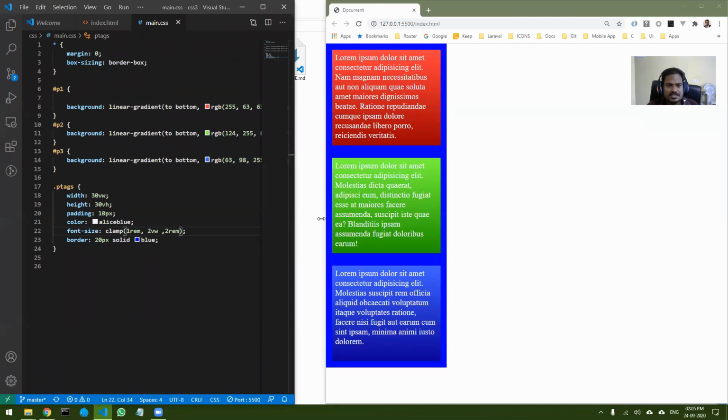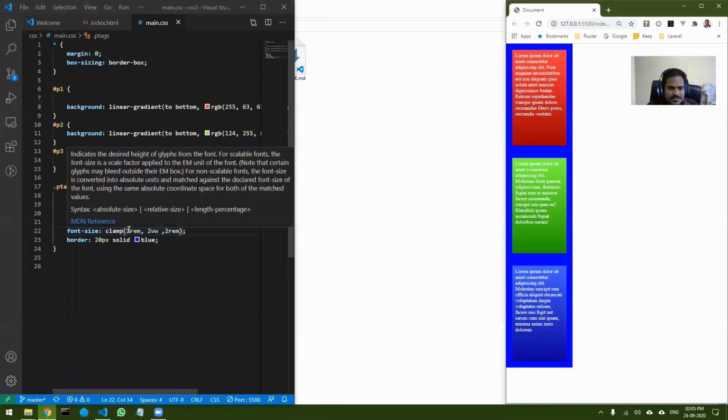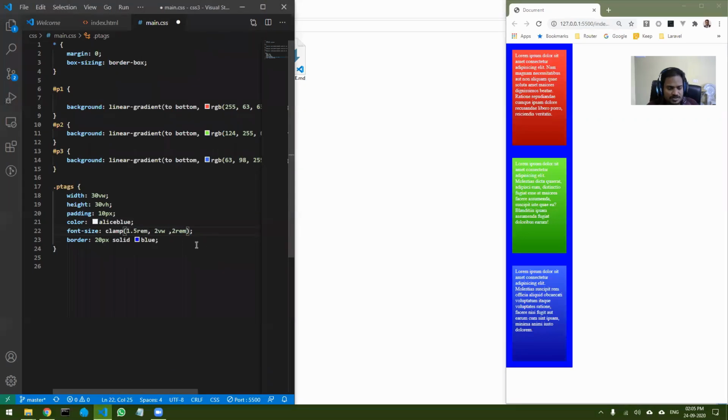Okay. So you can see after a certain time, it stops increasing the font. And if you go down after this stage, you can see the font starts reducing. And I think I can increase this to 1.5 to show it to you better.